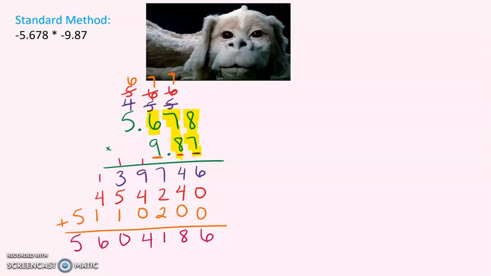So my final answer needs to also have 5 numbers show up after the decimal point. So 1, 2, 3, 4, 5. So there's my 5 numbers, so my decimal point's going to go right before that. And so my final answer for a negative 5.678 times negative 9.87 is going to be positive